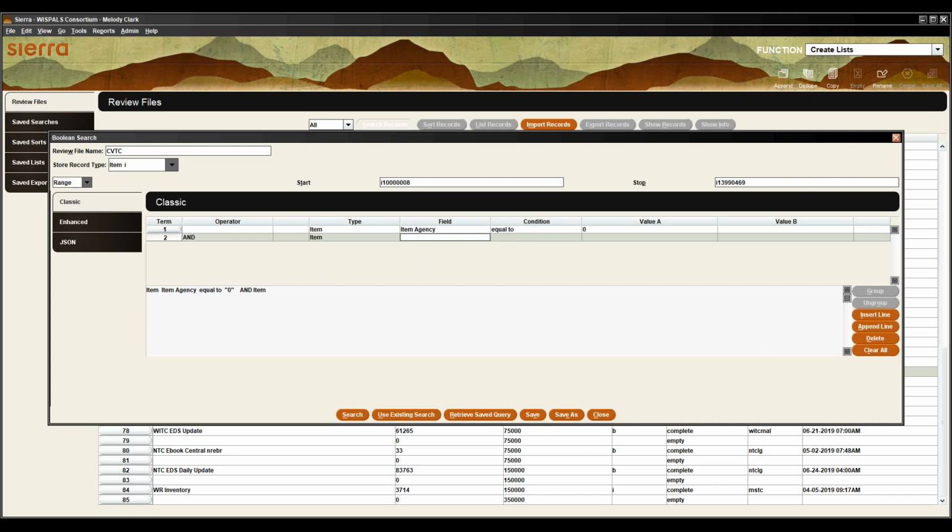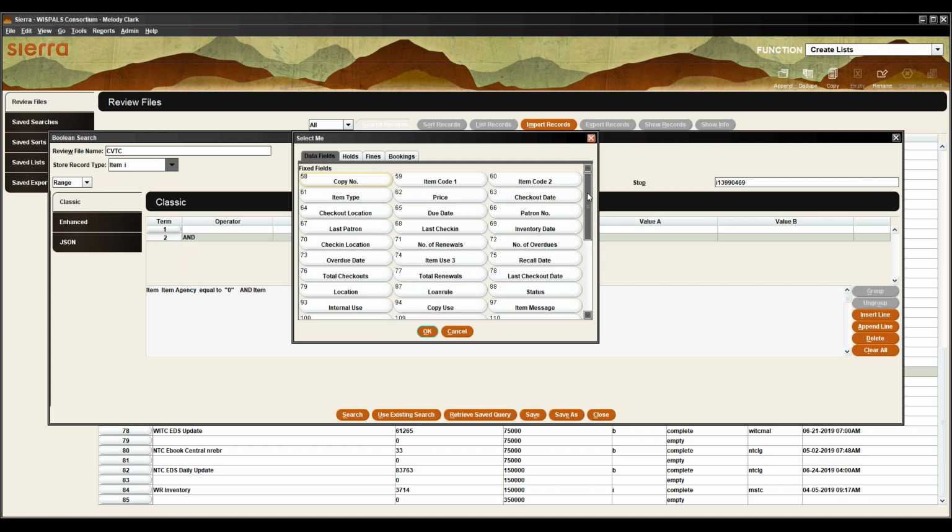I can't remember if they use LC or Dewey, but at this point you could do item call number and then a range. I think I'm just going to say a location, because what I wanted to show you is not necessarily